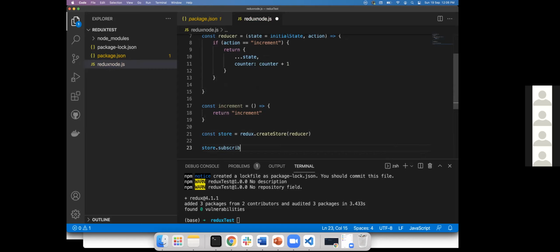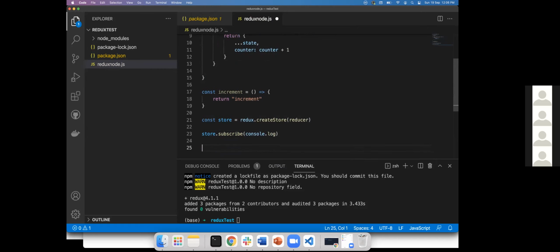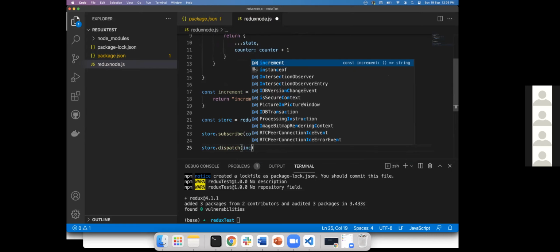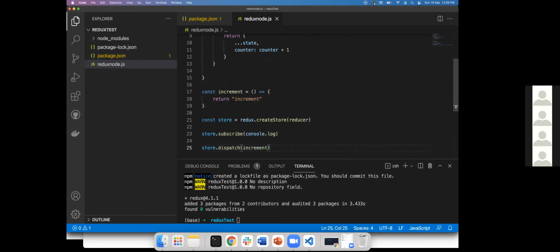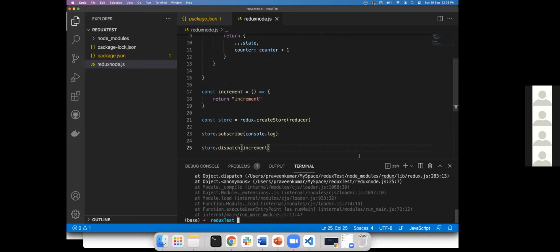Then store dot subscribe, console log. Then we'll say store dot dispatch increment. Then run redux node.js.